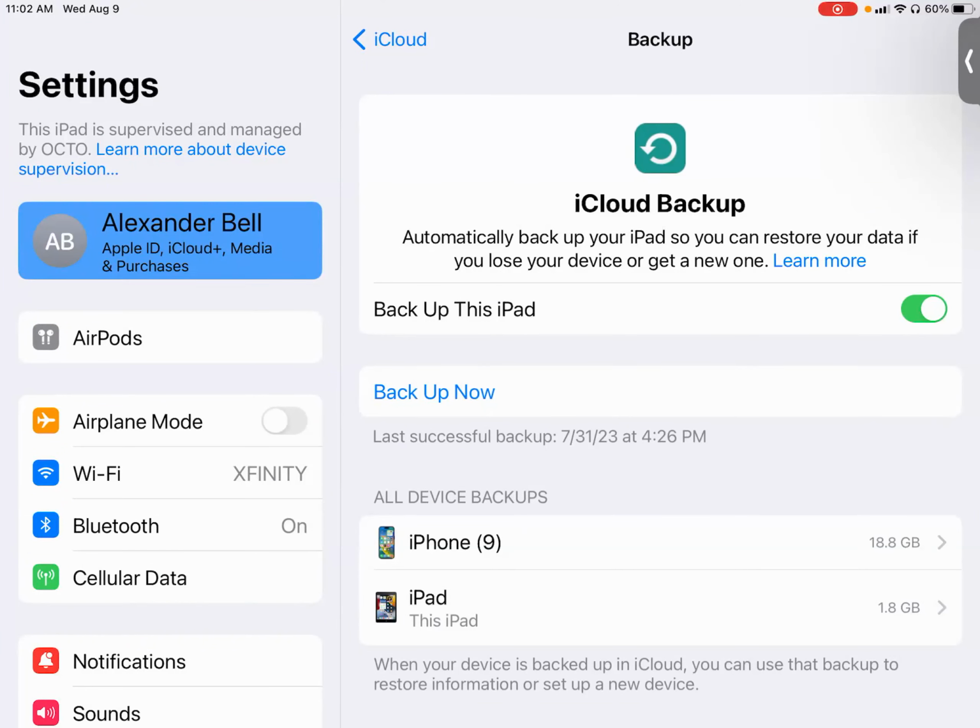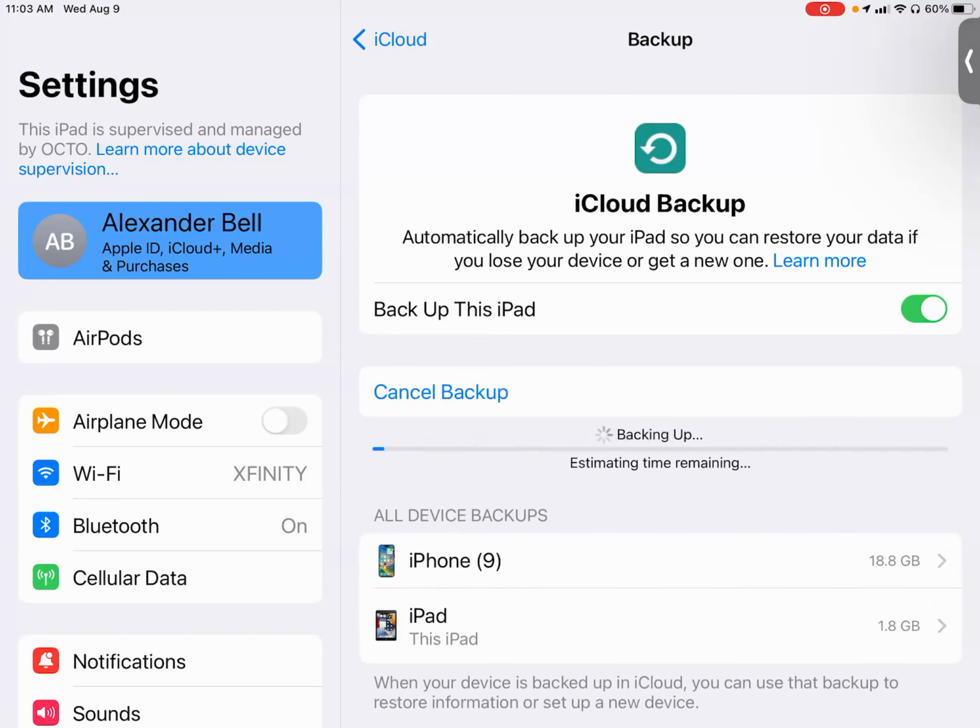So at this point, you see underneath Backup Now, it says last successful backup. The last time I did it was about a week ago, so that's fine. Make sure you do it at least once a month. But for folks that use their iPad more, I would do it maybe once every 2 weeks or something like that. So it just depends on how you use your iPad and how much storage you have on it. Or if you really want to make sure you keep everything that you put on there, you can also do it once every 2 weeks. But let's hit Backup Now.